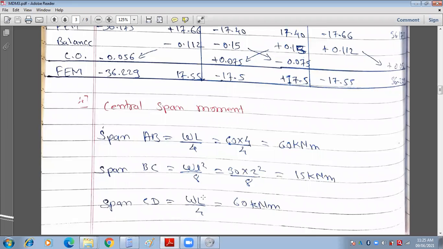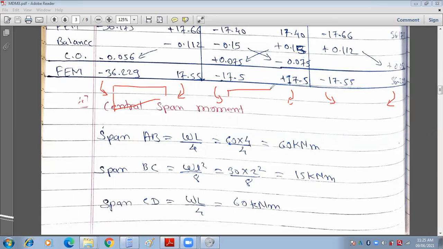Okay, now once you have calculated the central span moment and fixed end moment, as we look here at the fixed end moment, this one is minus, it means anti-clockwise, this one is plus, means clockwise. It is anti-clockwise, it is clockwise. This one is again anti-clockwise, this one is plus, so that's why it is clockwise. Now, if I want to draw the fixed end moment diagram, as we see here, all these moments are hogging moment. The diagram will be something like this one.